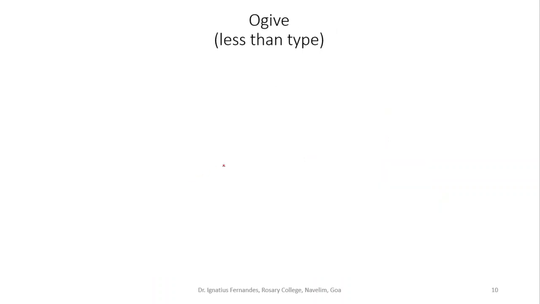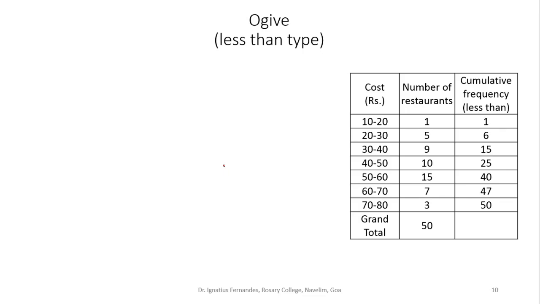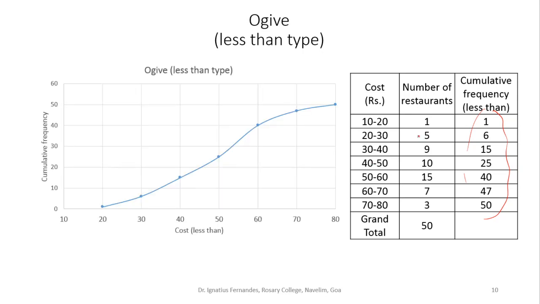So in case I try to draw a frequency curve, now these are the less than type cumulative frequencies. We already talked about how to calculate this. If you want to put this into a graph, a frequency curve, we already know how to do that. So this is how you will draw a y-axis and x-axis, and depending on each of these values, 1, 6, 15, you will mark 1, 6, 15. Next is 25, next is 40, 40 is here, then 47 is here, and next is 50. So I mark these points and I join them using a frequency curve.